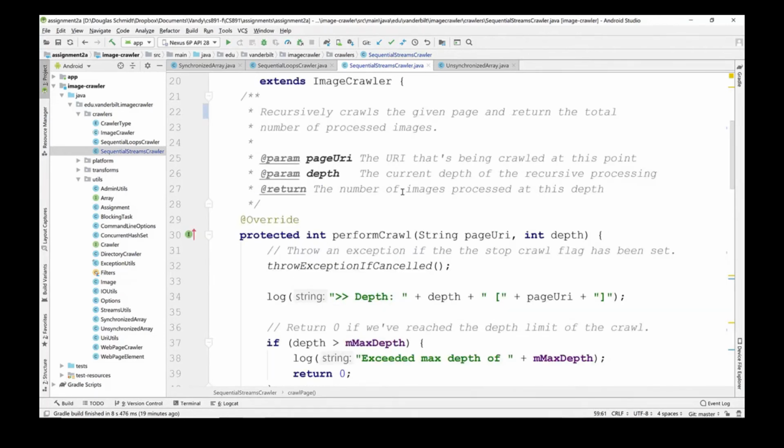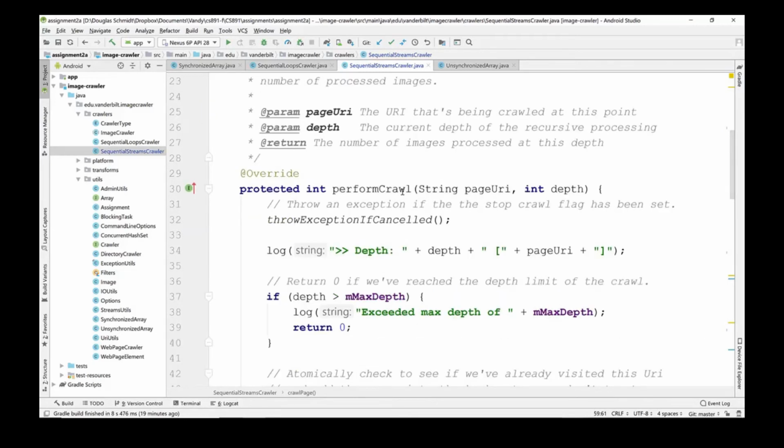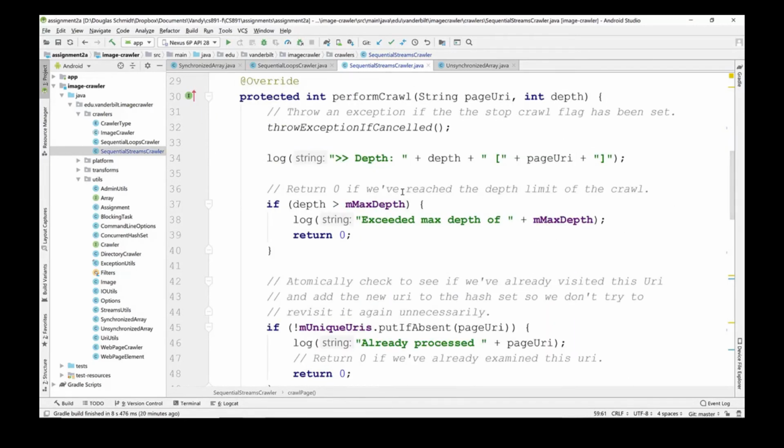This method will recursively crawl the given page that's passed as a parameter, and it will return the total number of processed images reachable from that page or on that page. Taking a look at the implementation, you'll see a parameter called depth is passed in, and we compare depth to see whether or not we've reached the depth limit of the crawl. You can set the max depth limit by the app in its setting menu. And if you've exceeded that, then we return 0 because we don't want to crawl indefinitely, especially if there's cycles